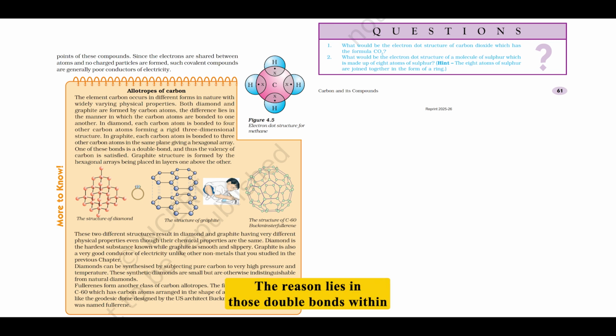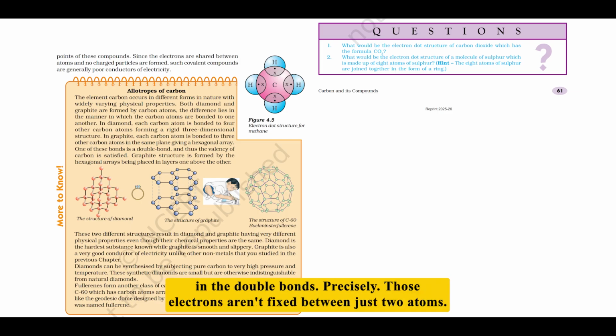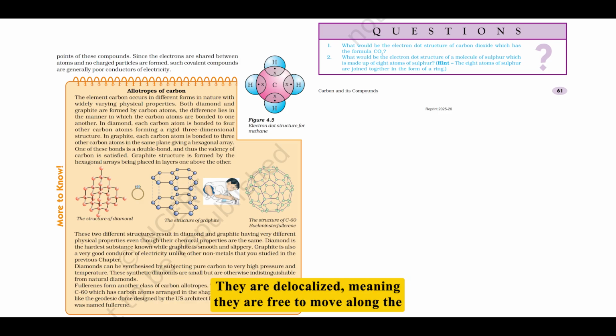The reason lies in those double bonds within the hexagonal layers. The extra electrons in the double bonds? Precisely. Those electrons aren't fixed between just 2 atoms. They are delocalized, meaning they are free to move along the entire layer or sheet. Like mobile charge carriers? Yes, they can easily move throughout the layers, carrying electrical charge. This mobility of electrons is what allows graphite to conduct electricity so well, unlike diamond, where all electrons are locked